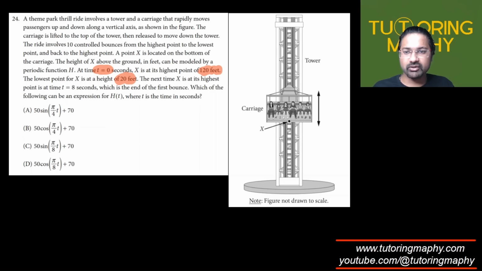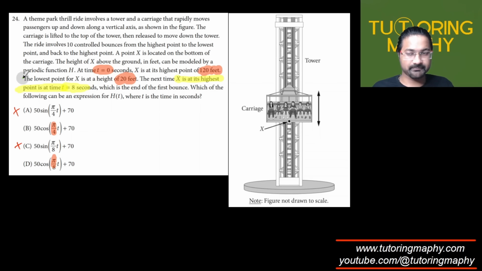So both of them work, and at t equal to 0, what we can do is find which one is giving 120. If we put t as 0 in the sine, it will just become 0. And the height will come as 70, which is not correct because it should be 120. So A and C are rejected by this logic. Now, whether that's B or D, the only difference is the pi over 4 and pi over 8 thing. And that's where the other information comes in,